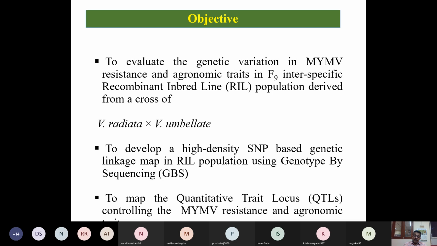So many things you can work on with these kinds of real populations. Another thing is the mapping population and the genotyping method I told you about, because you already know there is very huge, fast development happening in the NGS platform. It is a very cost-efficient and quick method, and cheaper markers are now available. That's why SNP will definitely rule for another decade, because it can generate a lot of markers for a particular population. So these things are very important. In this case we used the F9 population and used the SNP marker.